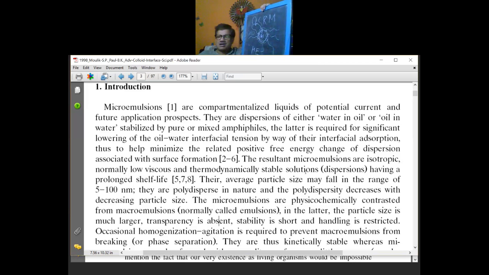This is the standard way to define, write and express a microemulsion. Micron size, microemulsion. Similarly, if the size is a few nanometers to 100 nanometers, then I would call it a